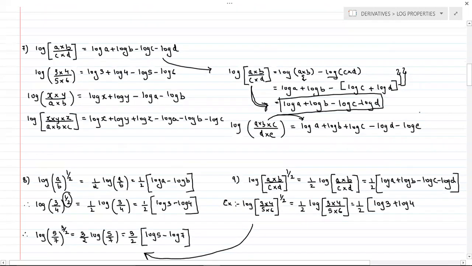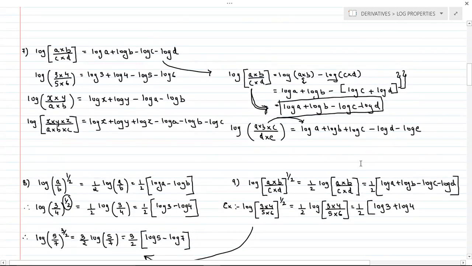And the denominator part, just now we saw in the previous property, the 7th property: in the numerator, suppose there are 2 or 3 terms, that will get converted into addition, and the denominator part, whether it contains 1 term, 2 terms, or 3 terms, the connection will be minus. Remember this. So here log 3 plus log 4 we write, and after this, 5 into 6 will go with negative. Log 5, the connection for these 2 numbers will be negative. This part I explained just now in property number 7, how you can do the process.